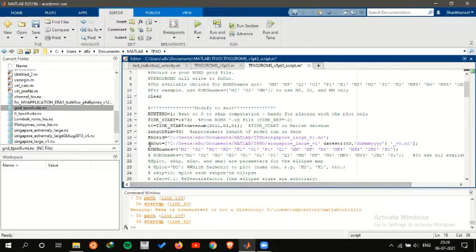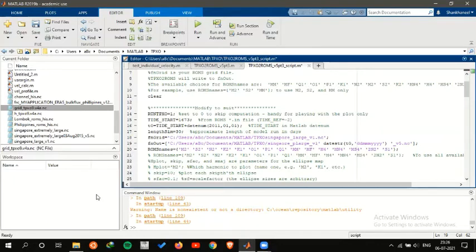Now in the fnout file, you need to mention the exact path where you want your output file, and the file name in the following format. This is already present, but you can change this part as per your requirement, and the date time will automatically be taken from here.